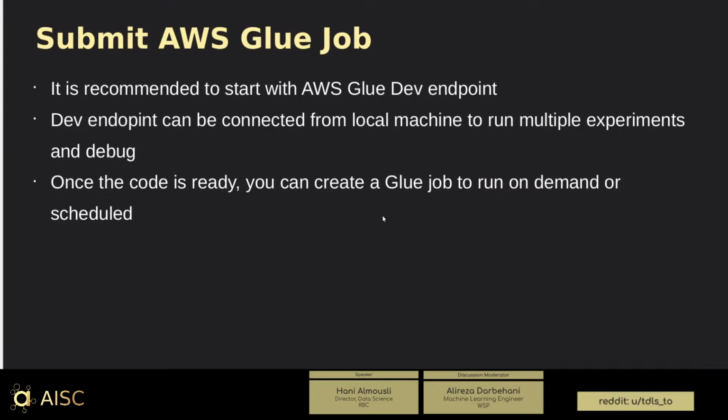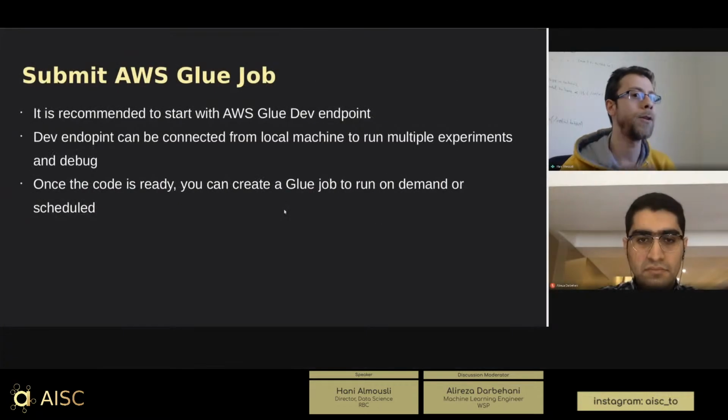So if you go to the blog, you will see exactly how you can connect it to Apache Zeppelin and then run your experiment, you test. Once you like the code and you see that it's working well, then you can create your AWS Glue job. If the job is very simple, you can do it maybe on the fly. But if there is lots of merging and stuff that you want to debug, then you can't write the Glue job directly because it's going to be very hard to debug.